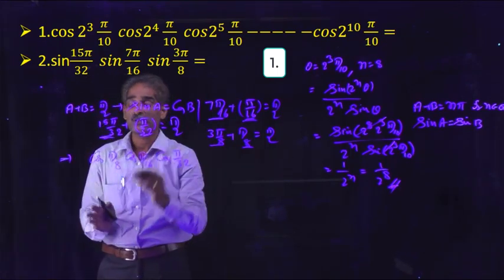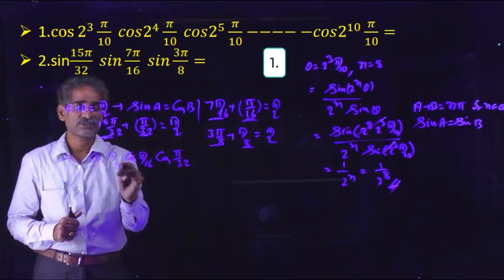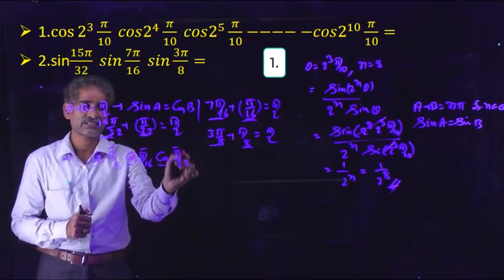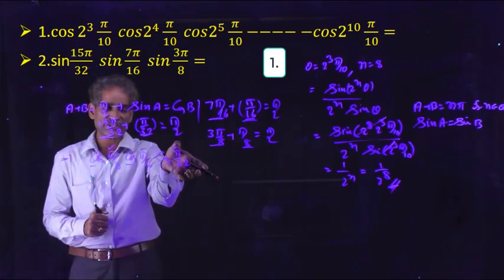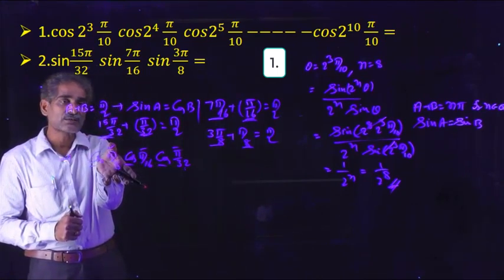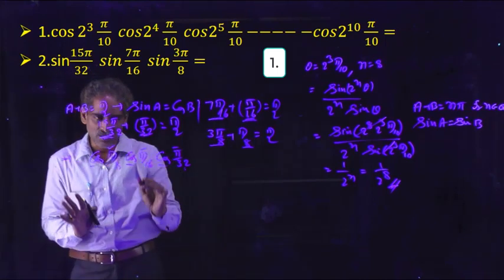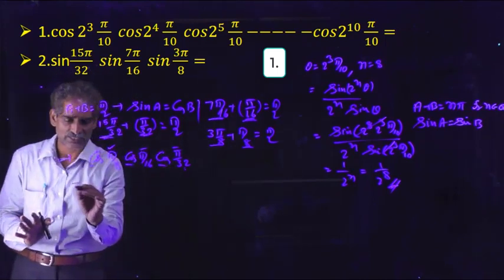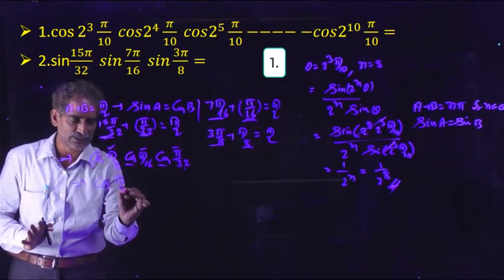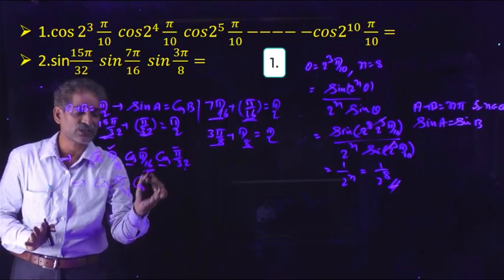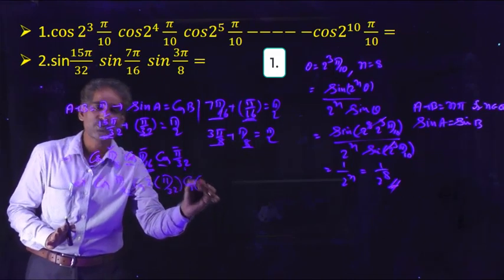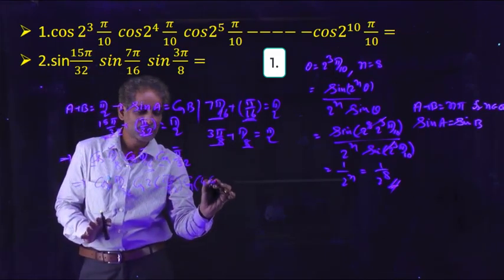Okay, so now observe this expression. The functions are cos. What about the angles? This is the big angle, next angle, this is a small angle. If you take this as theta, this is 2 theta, this is 4 theta. Understand? So now it is in the form of, so here we can change this. If you take cos of pi by 32, here we can write cos of 2 into pi by 32, next cos of 4 into pi by 32.